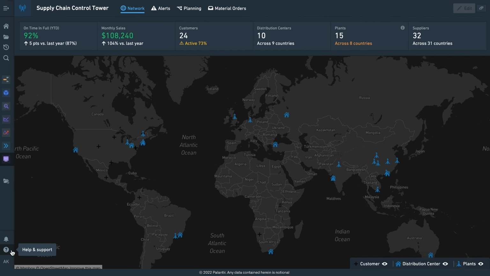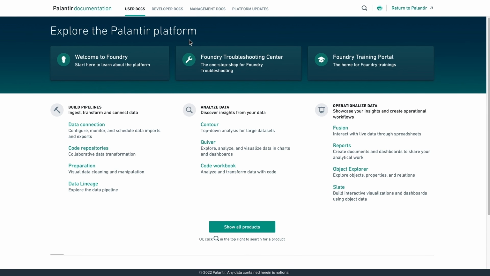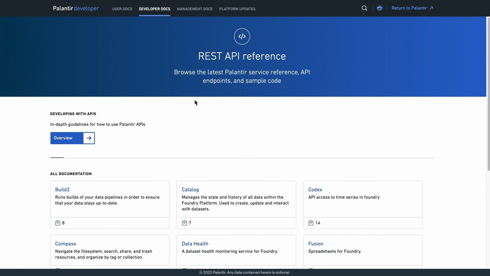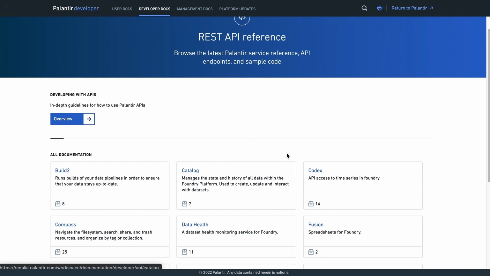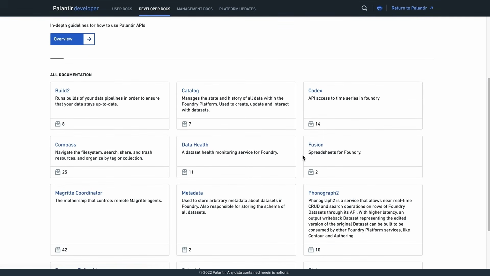And the key thing here is, of course, you can build your own custom applications as well. You can do it in an object-oriented manner, or even in a tabular manner or a more classical manner. There's a full set of documentation here around not just interacting with existing applications, but building your own applications using the APIs in Foundry, using every part of what we've talked about throughout this demo.